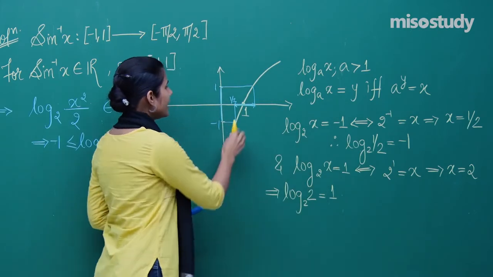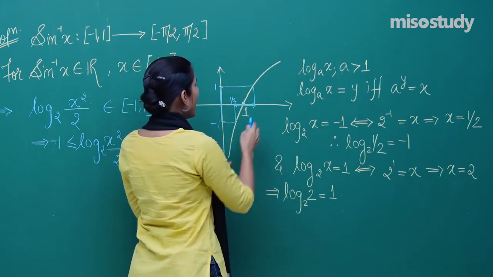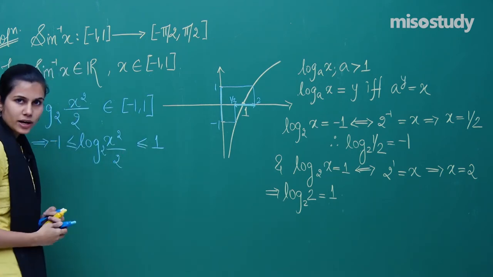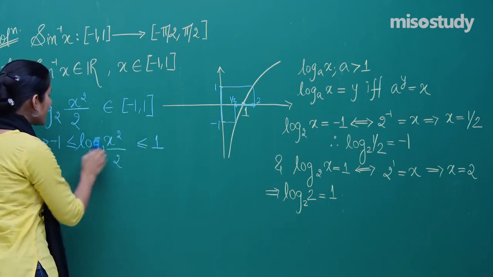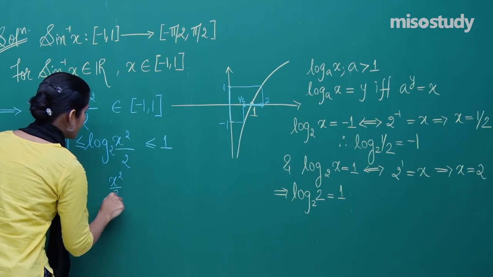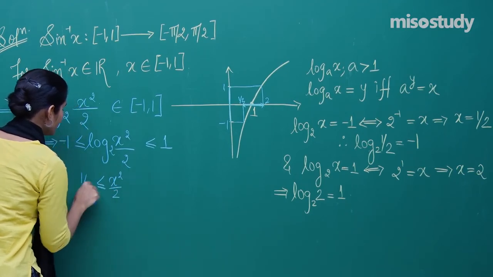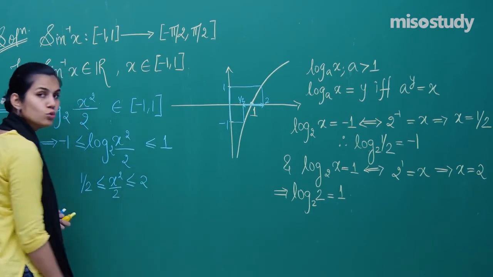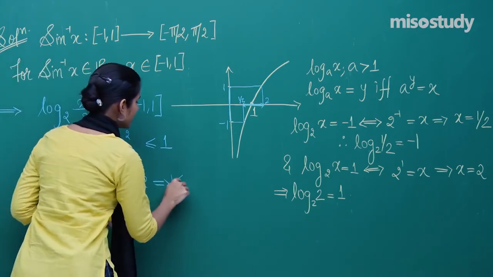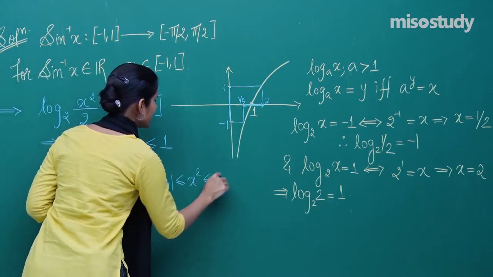So whenever x is lying between half and 2, log x is lying between minus 1 and 1. That means log of x square by 2 is lying between minus 1 and 1, provided x square by 2 is lying between half and 2,